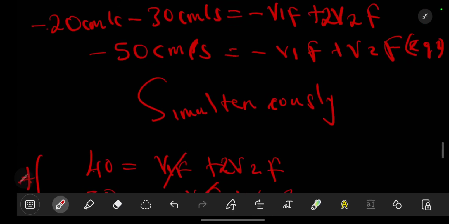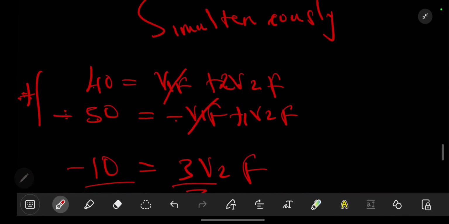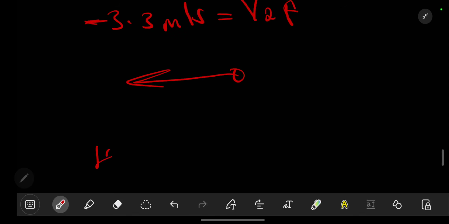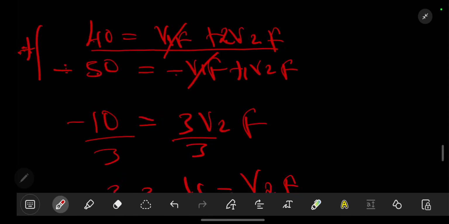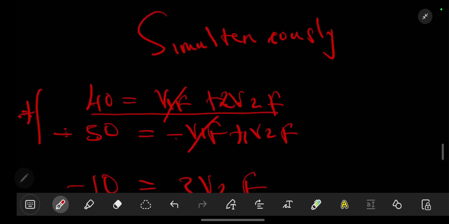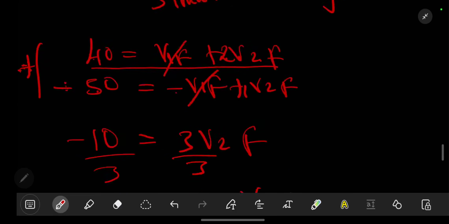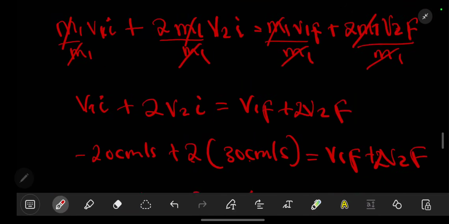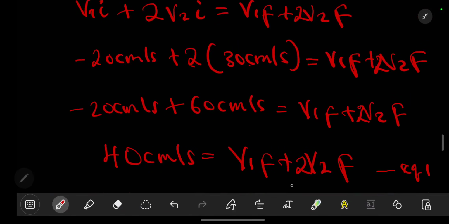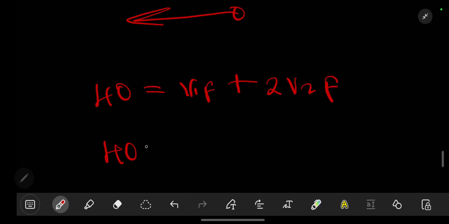Then take any of the two equations, whichever you want. If you want, you can take this equation or this equation. Let's take this equation, which is saying 40 should be equal to V1 final plus our 2 V2 final. Let me just confirm. Okay, it's okay. Yeah, so this is the equation. So we are going to say 40 should be equal to,